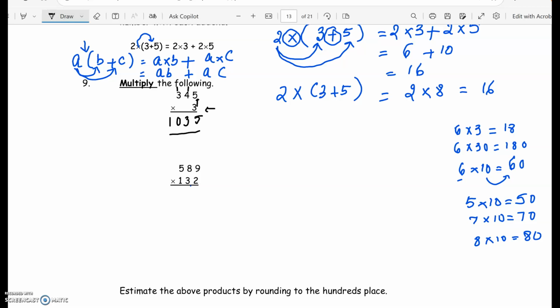Carry the 1 over. 4 times 3 is 12 plus 1 is 13. 3 times 3 is 9 plus 1 is 10. Always double check before you move on. Now